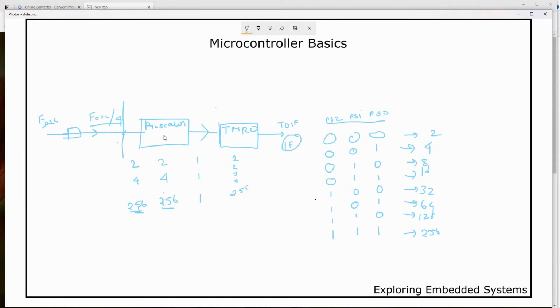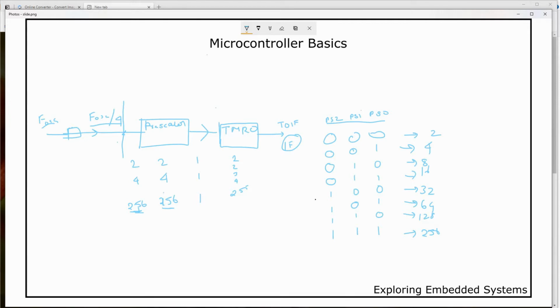Now we have to select a prescaler value so that we get the interrupt as per our desire. How I generally do this is I write a delay routine for 1 millisecond and call it multiple times. If you want a 1 second delay, you call it 1000 times, so that you have good resolution, because we don't know how many milliseconds we are going to use. It can be a 50 millisecond delay or 100. So I'll write a function where you pass the millisecond delay you want, and it will hold the processor for so many milliseconds. Now let's see how we can set it up for 1 millisecond.